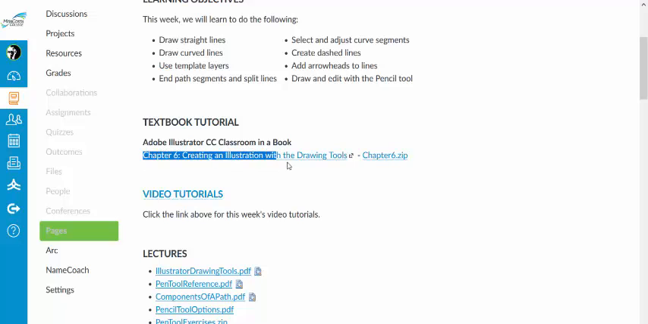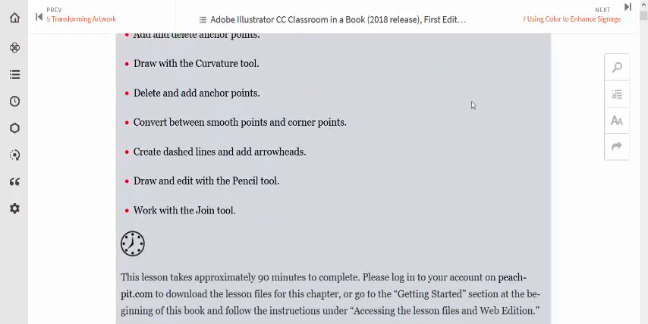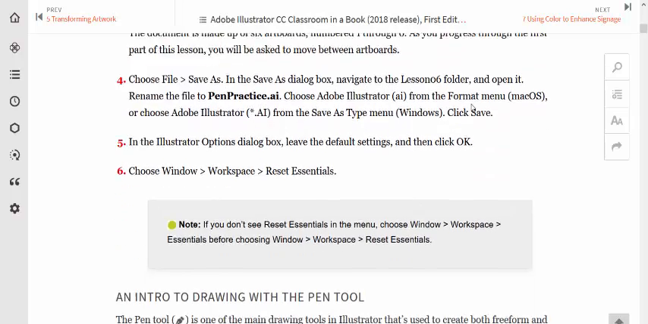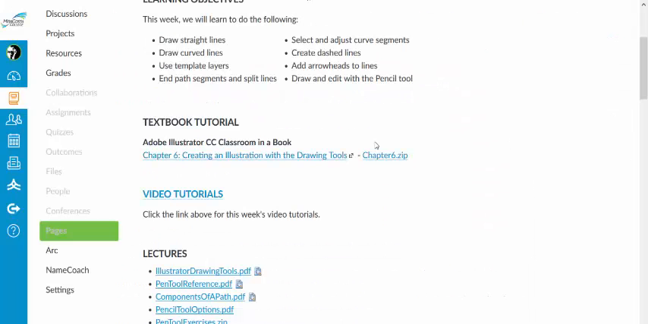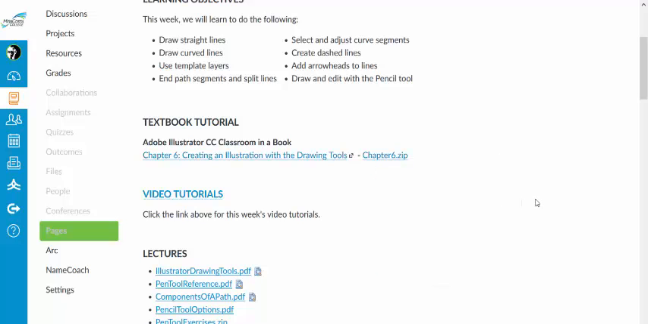This week's textbook tutorial, you'll be working through Chapter 6, and of course you can just click this link, and that will take you to the textbook in the library database. There's Chapter 6. So you can work along from that if you'd like. And of course, I provided the lesson files. Just right-click on that zip folder, save it to your computer somewhere, and unzip it, and you can use the